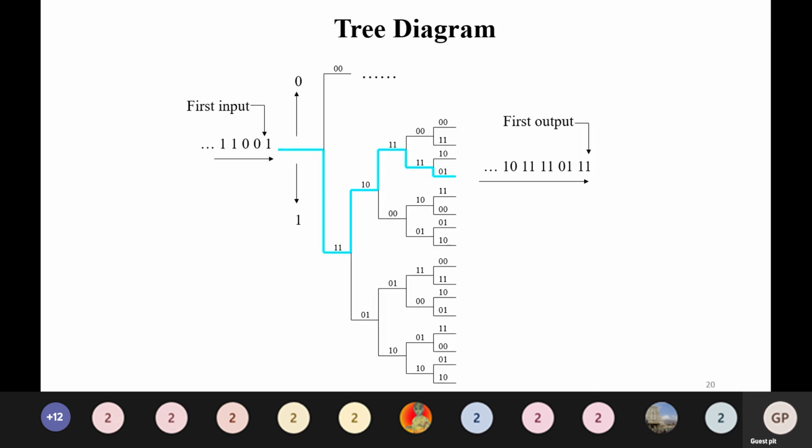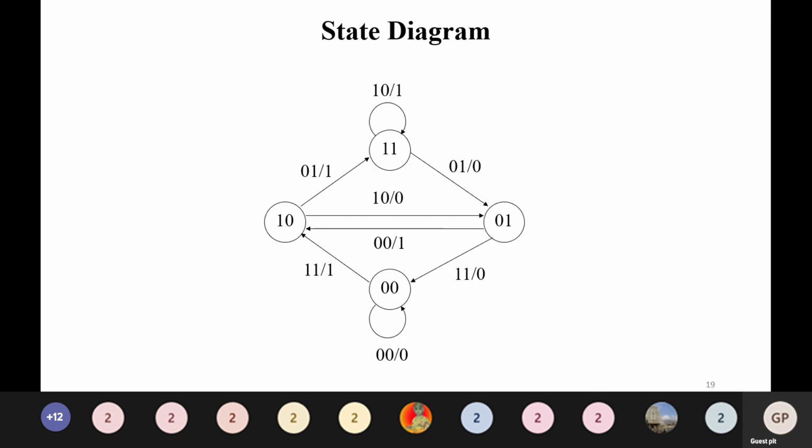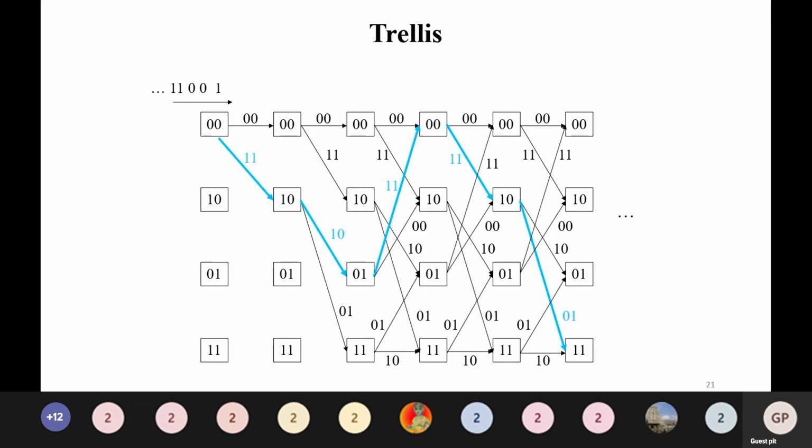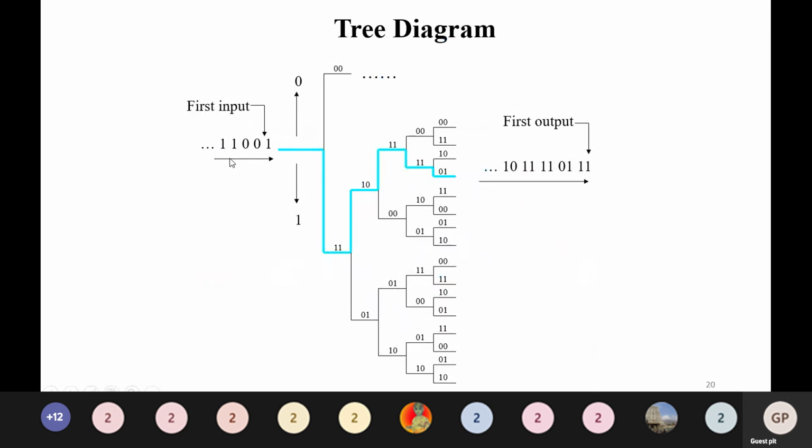Okay, so this is the state diagram. So you can also expect problems using the state diagram and the Viterbi algorithm, where it is a decoder. You can have various possibilities such as the state diagram representation, the tree diagram representation, and next the trellis diagram representation. If you look at the tree diagram representation, first you have to pass the bit, you have to divide it into two branches.